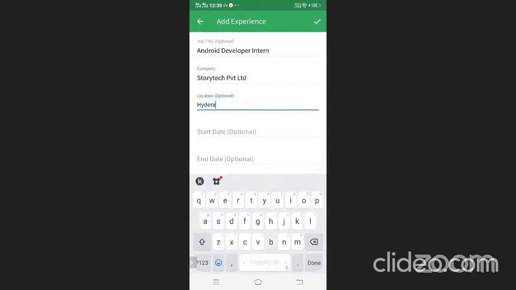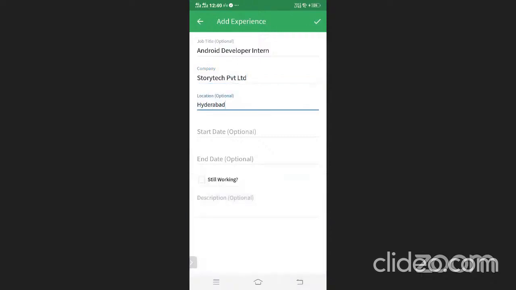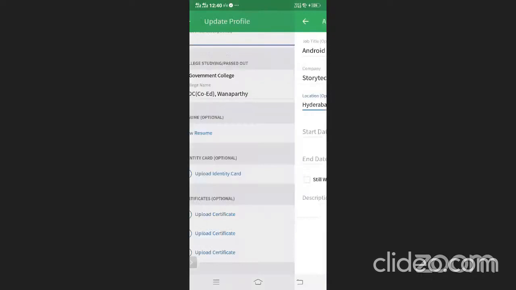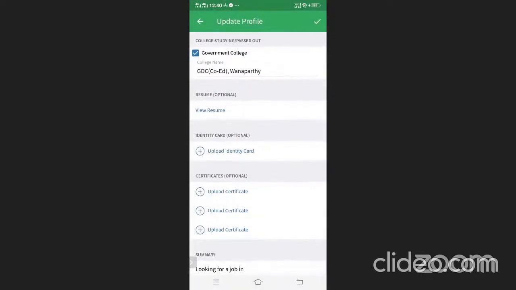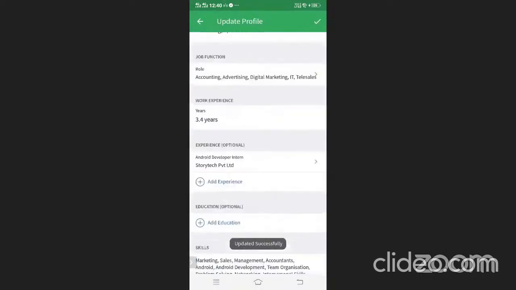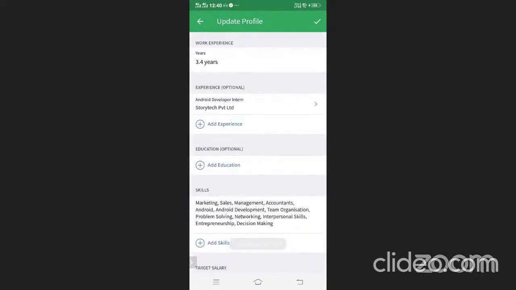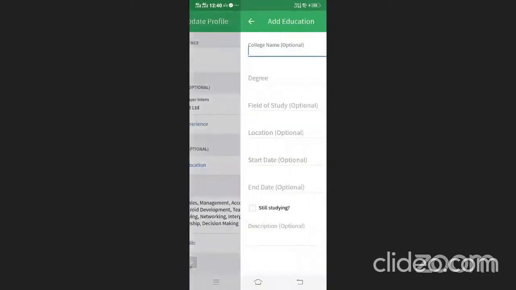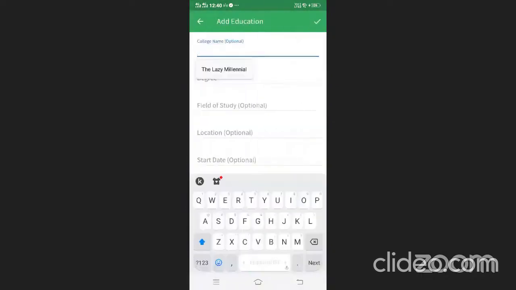Location, I'll add Hyderabad. Start date and end date are still optional, so I'll just leave it like this and add the details. I've uploaded my experience levels, and in the same way, education also. It shows that they are optional fields, but we do really suggest that if you tell your students to